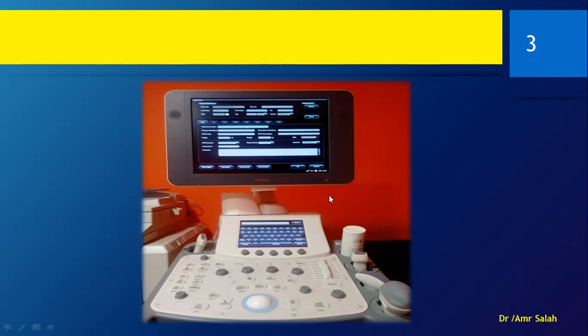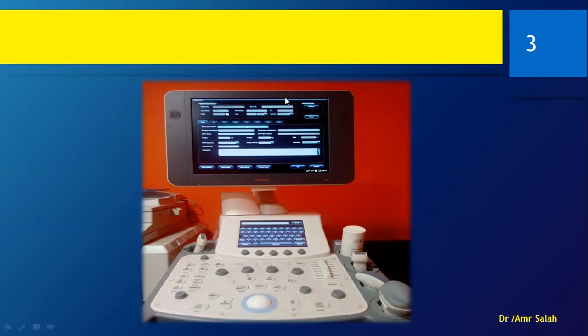However, the principle is the same, so I want you to pay very close attention and to take notes. And the very important thing is that you familiarize yourself immediately with the machine you are actually going to use in your health unit or your clinic, in your hospital, whatever. Familiarize yourself with the machine you will work with, okay, and know where everything is.